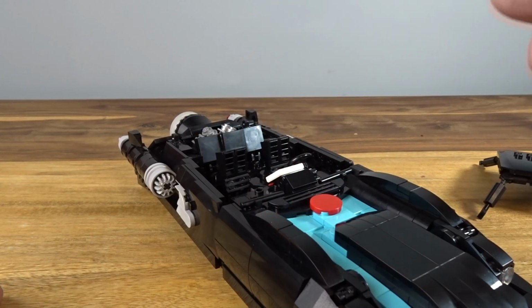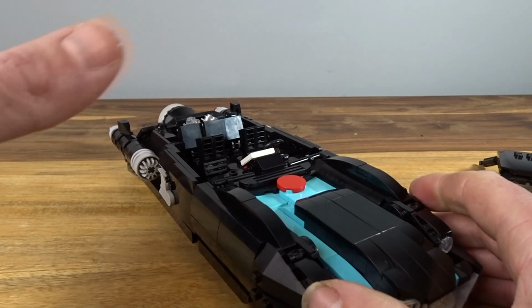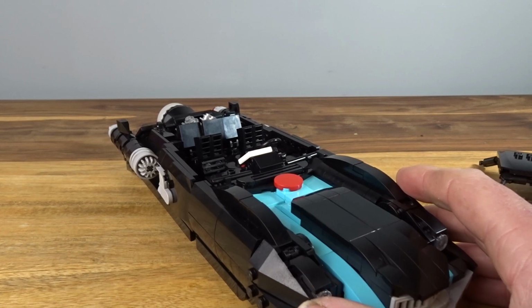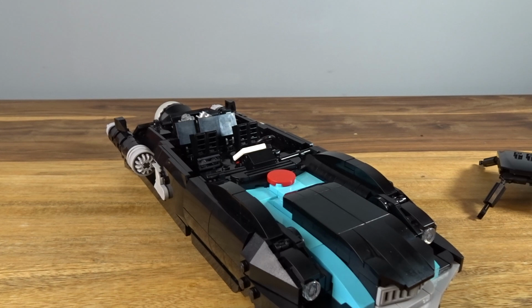it's quite a strong connection, but the model around that area does seem quite weak, so it does kind of break some of the core of the model. So I wouldn't necessarily recommend playing about with that too much, but yeah, the best way I think to get